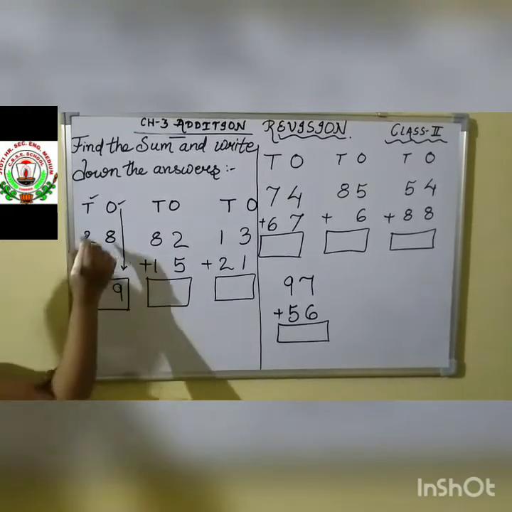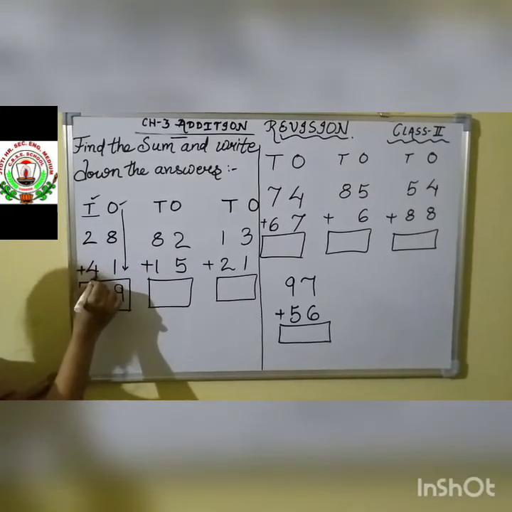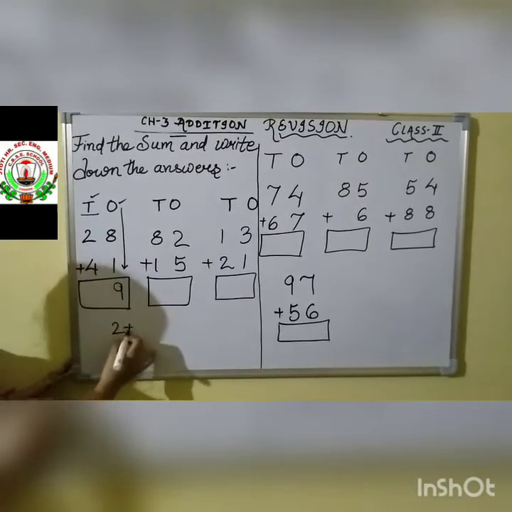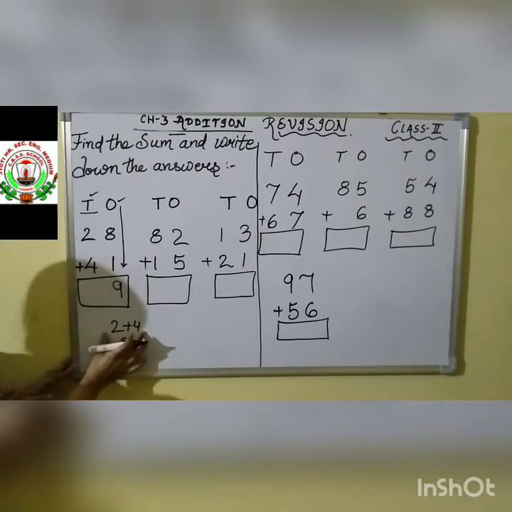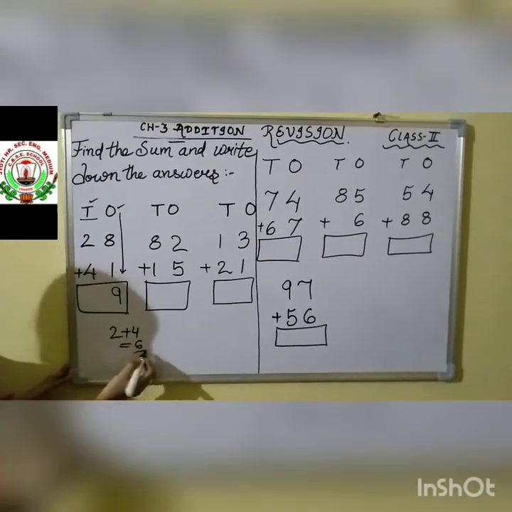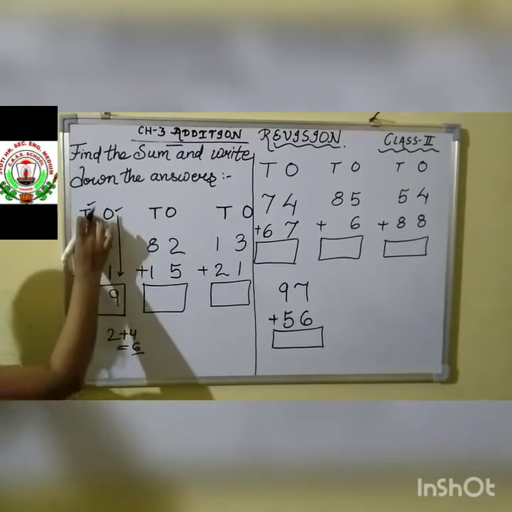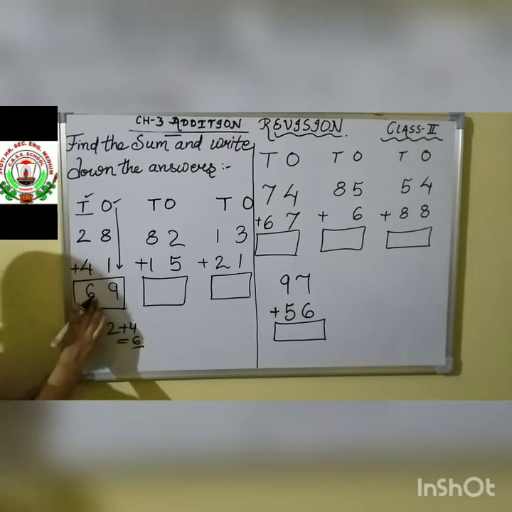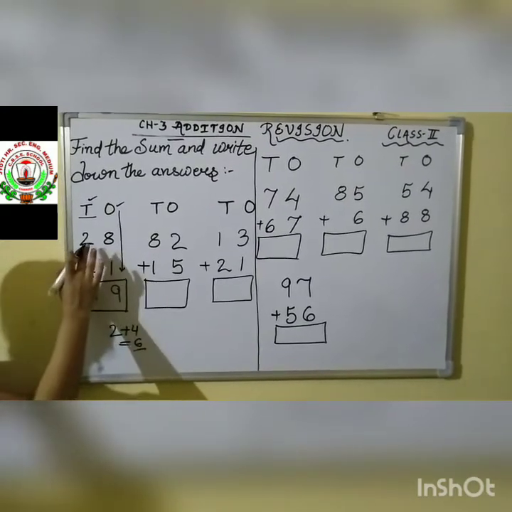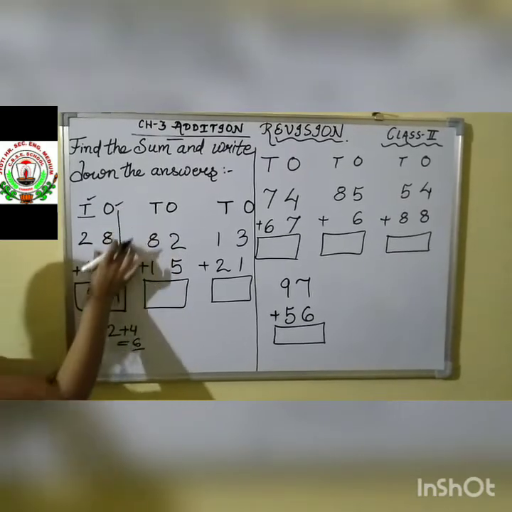Okay. Then let us come to the tens place. In the tens place we have 2 and 4. We have to add 2 and 4. So after adding 2 and 4, which number comes? 6. So this 6 is the answer of the tens column. We will write it down just below 2 and 4, under the tens column like this. Okay. I am repeating here children, 28 plus 41. So start from the ones column.